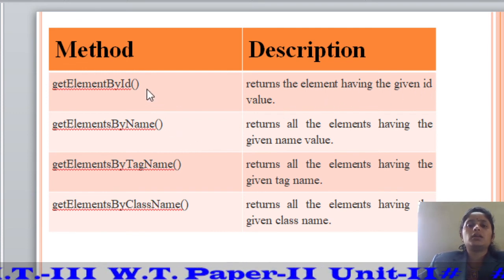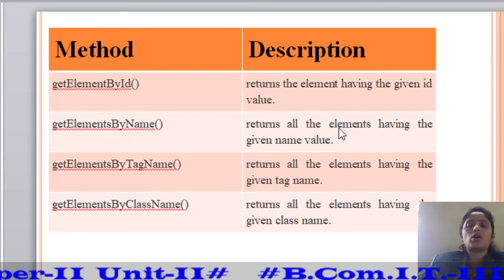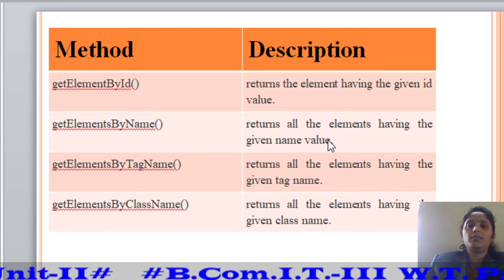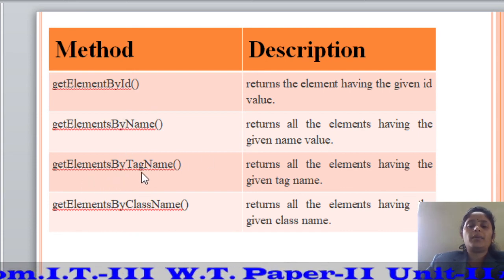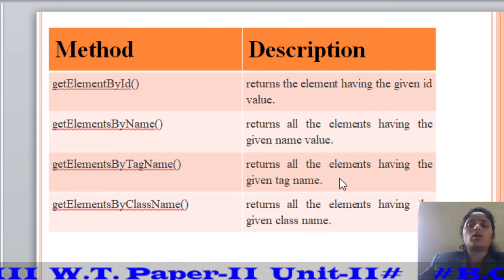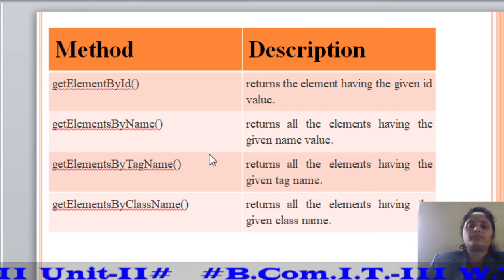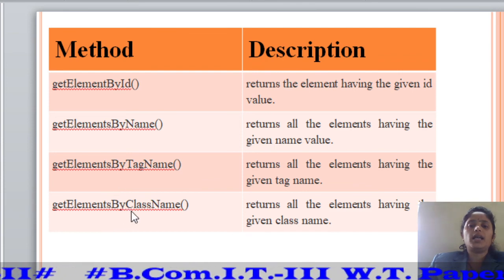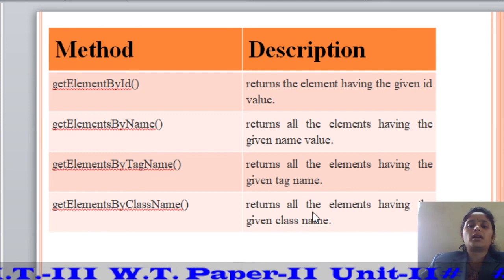Next method is getElementsByName(). It returns all the elements having the given name value. Next method is getElementsByTagName(). It returns all the elements having the given tag name. Next method is getElementsByClassName(). This method returns all the elements having the given